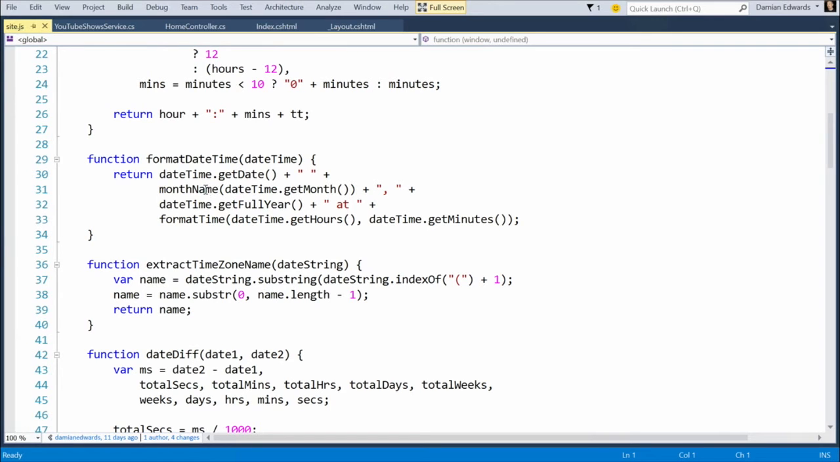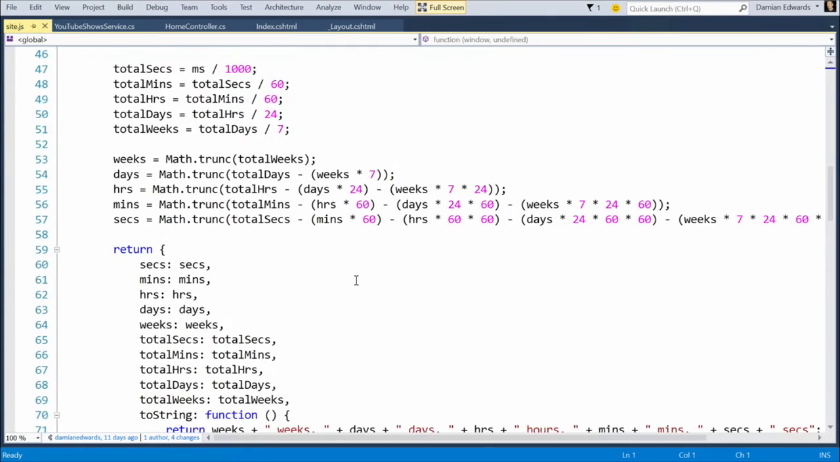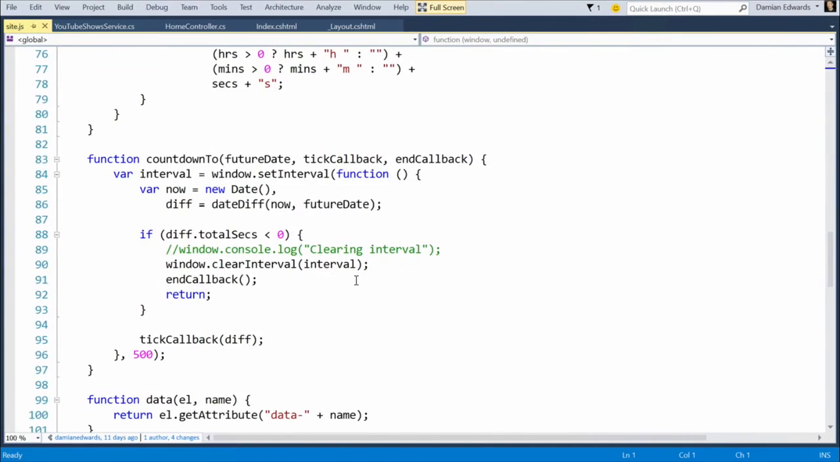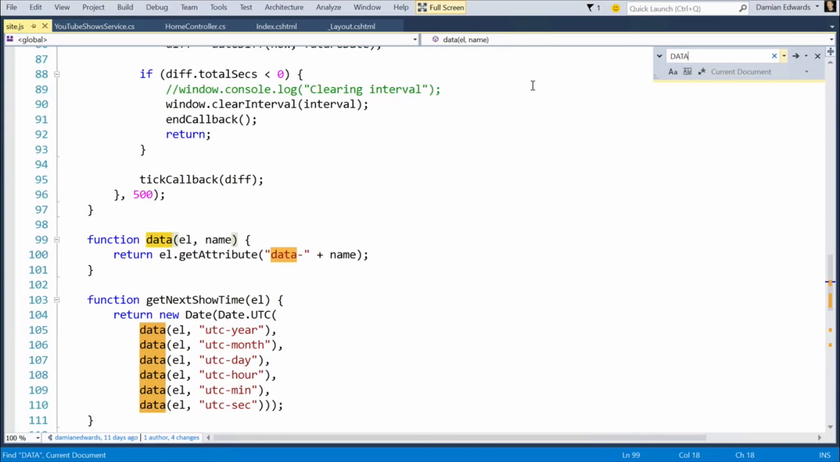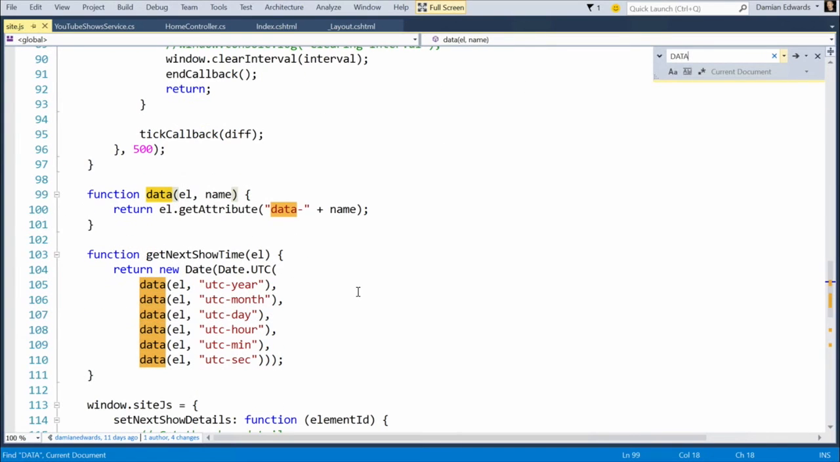Down here, let's see if I can figure out where in this code I'm doing that. Date diff is all very logic countdown. This is an awfully scary amount of code to do something as simple as, in air quotes, as simple as